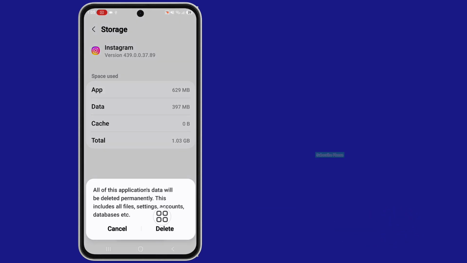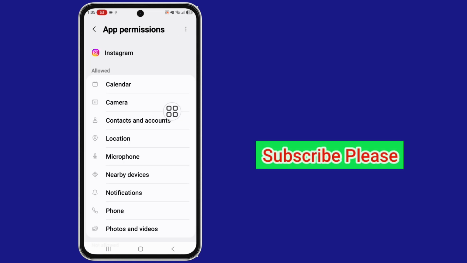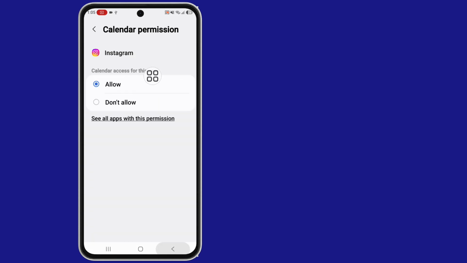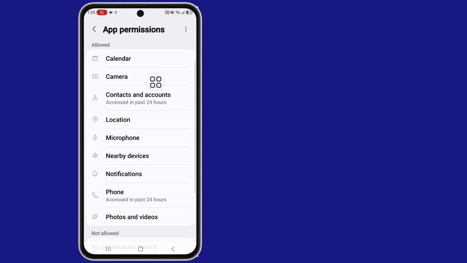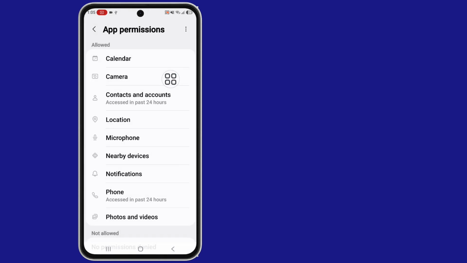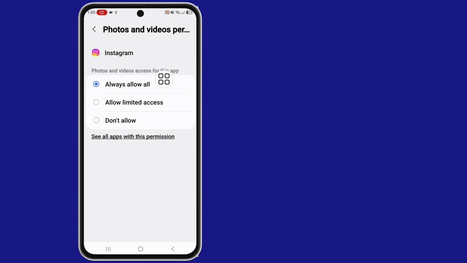Okay, back, and now tap on permissions option and check first to last, allow all permission complete, and first calendar allow, back, camera allow, back, and contacts, location, microphone, nearby devices, notifications, turn on notifications. Okay, back, phone allow, back, and photos and videos allow, back. Okay, back to home screen,